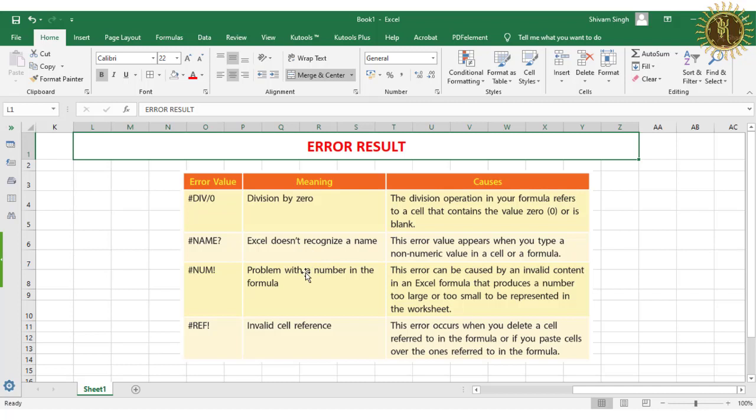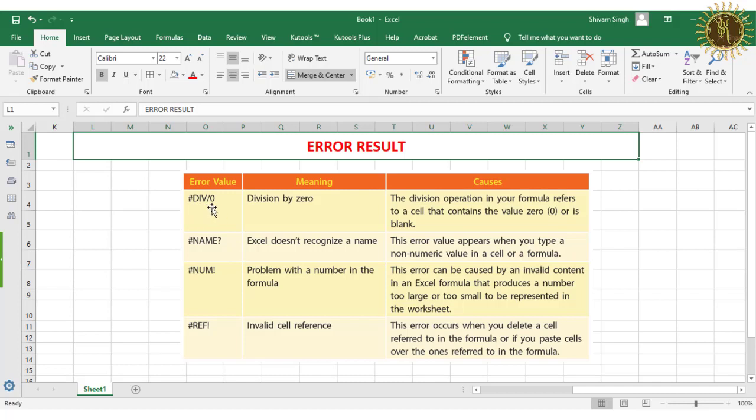As soon as you complete the formula and press the enter key, Excel shows several errors like this, which are shown with hash signs. As you can see these error values, these are some common errors which Excel displays after entering formulas.